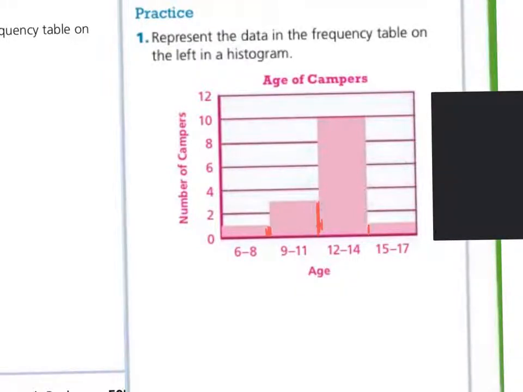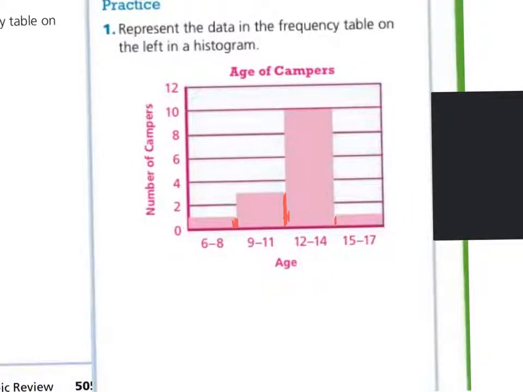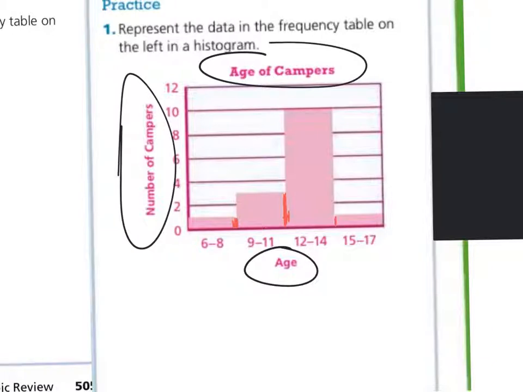So this is what your histogram should look like. Again, big things that people forget on these is putting titles and putting labels. So that's an easy way to lose points. Again, if your histogram doesn't tell me that information, it's really kind of meaningless to me. I really have no idea what you're even talking about. So make sure you finish off the detail work and put those on your histogram.